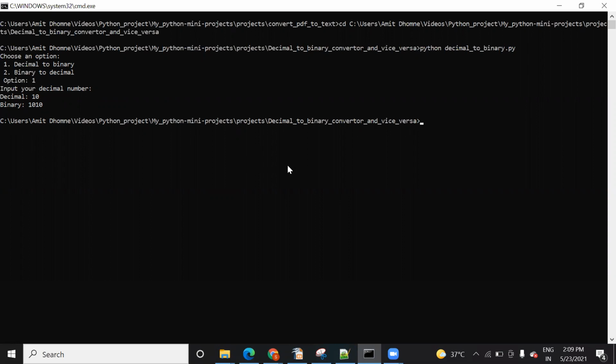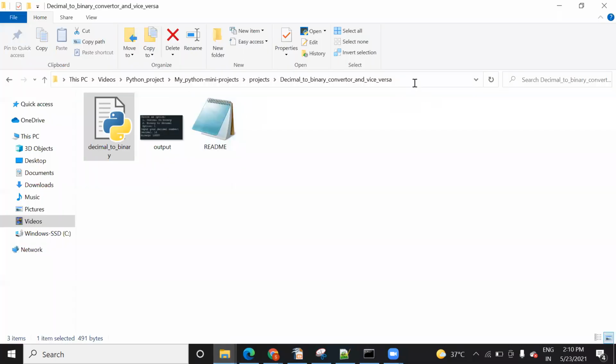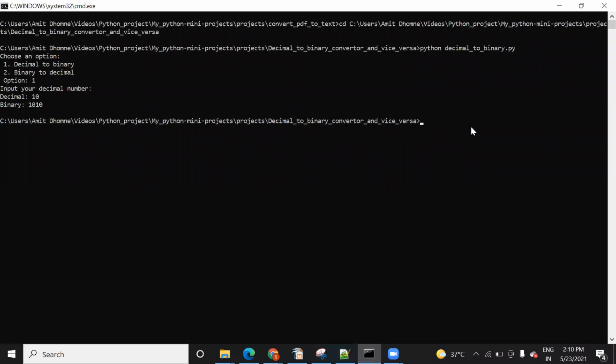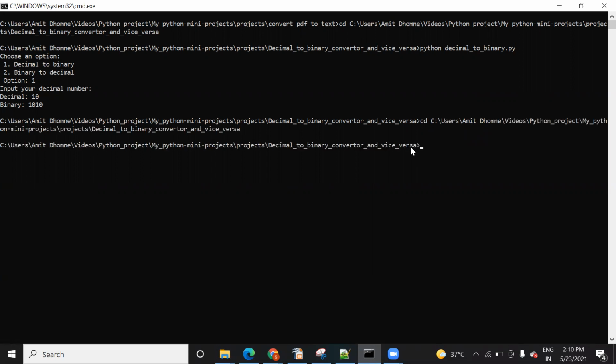Before I start explaining the code, I will start executing the code first, and then I will explain what the code means. In order to run this, you just need to go to the path where you have kept this file, copy that whole path and paste it on the command prompt. I have already pasted it in the command prompt. It's not difficult. You just need to type cd, that is for change directory, and paste the whole path. Once you paste the whole path and press enter, it will come to that path.